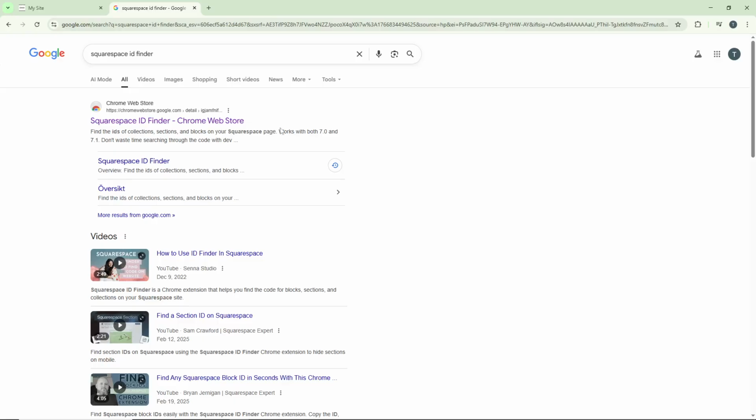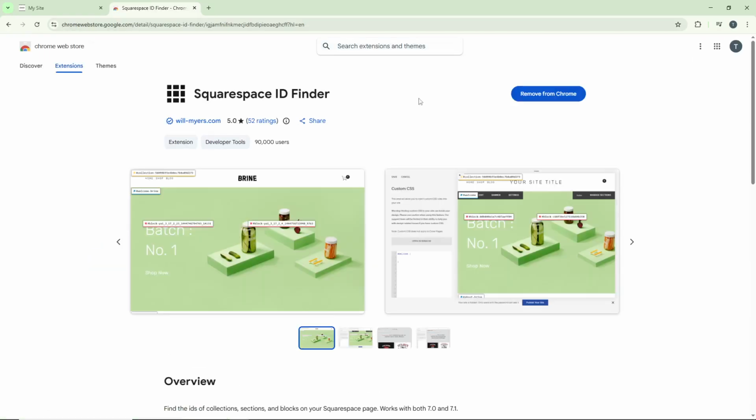First, open your browser and search for Squarespace ID Finder. This is a browser extension that makes finding block IDs much simpler than trying to inspect elements manually through developer tools. Once you've found it in the search results, click on the browser extension link. You'll want to install it and add it to your browser extensions. This extension will become your go-to tool for quickly identifying any block, section, or collection ID you need to target